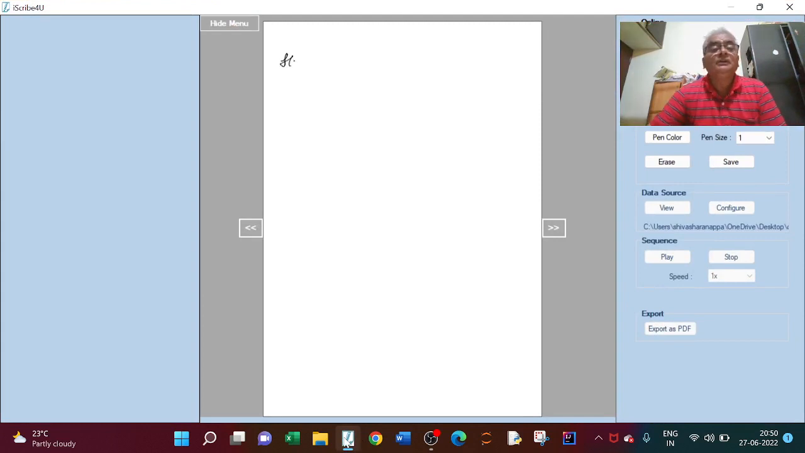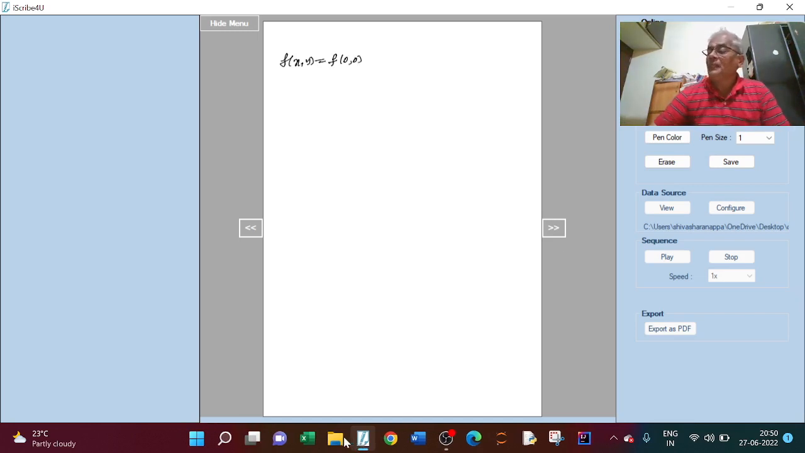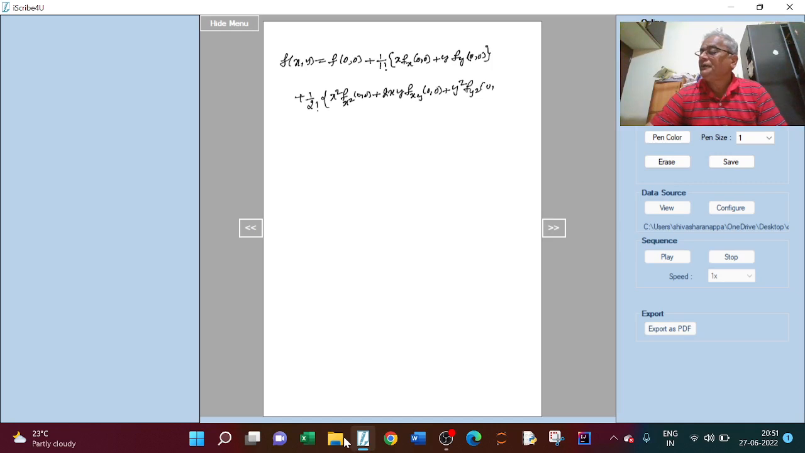Any function f of x comma y can be written as f(0,0) plus 1 by 1 factorial into x into fx(0,0) plus y into fy(0,0) plus 1 by 2 factorial into x square fxx, or fx square we write, (0,0) plus 2xy fxy(0,0) plus y square fy square (0,0) plus 1 by 3 factorial